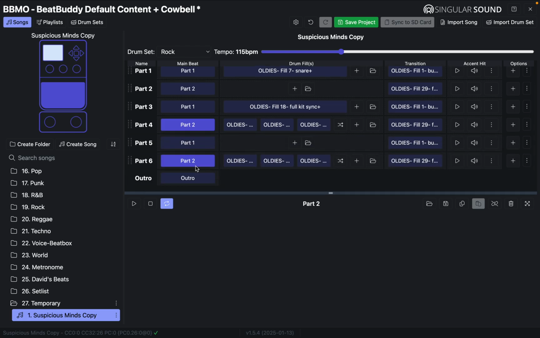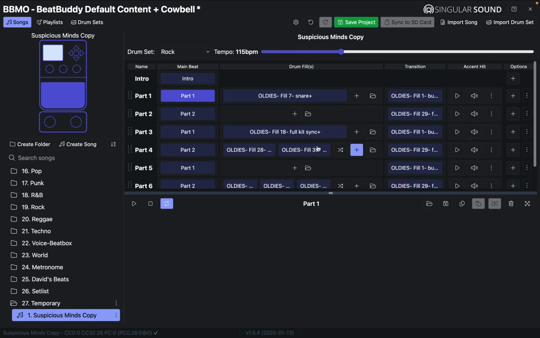And there it is. So straight away, I can now click on this, delink, click on all of these, on the new section we've just put in, the part 6 section, which is a copy of part 2 from all the way back. Just delink it all, just to make sure. Save project. What I could do now is go back to part 4, and I just said I don't want any fills,